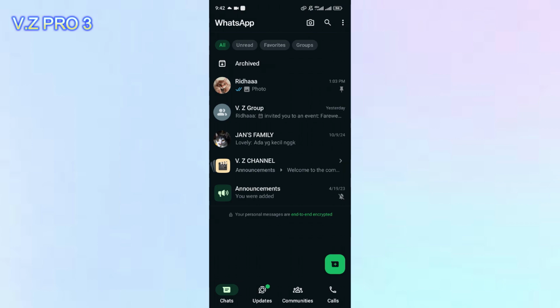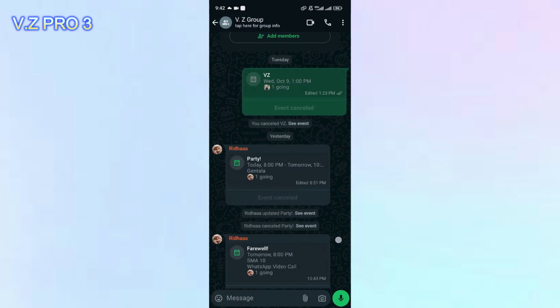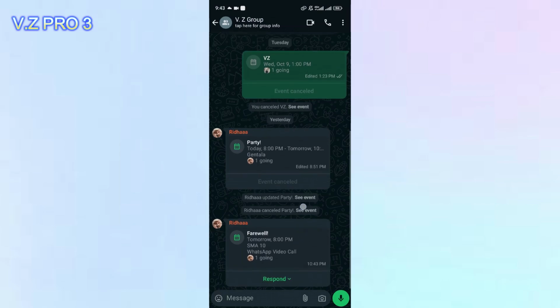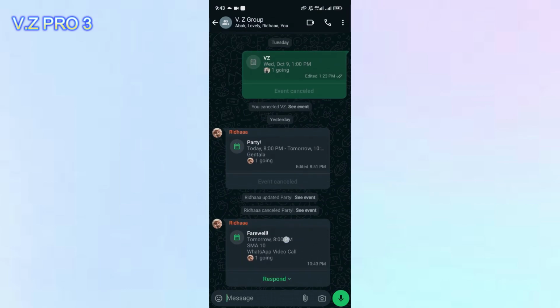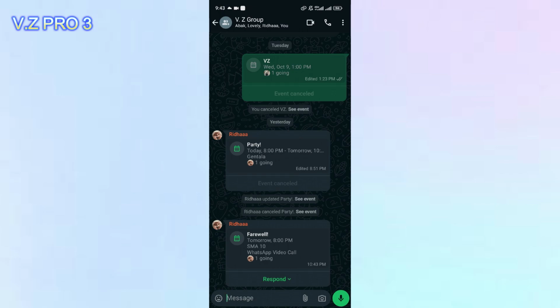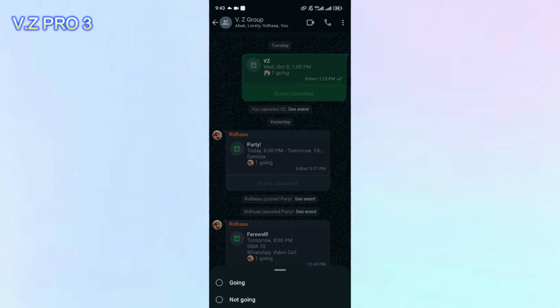So simple. First of all, of course, we have to open our WhatsApp. You can open your group, and you can see here's the event. You can see there is an option to respond to the event. You can just tap on respond and choose whether you're going to the event or not. If you're going, you can tap on going,